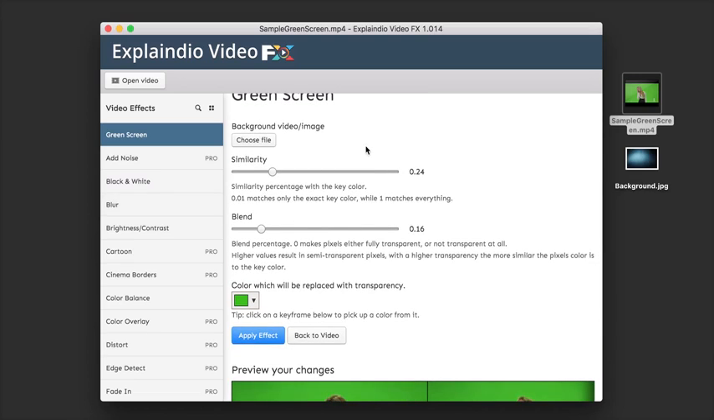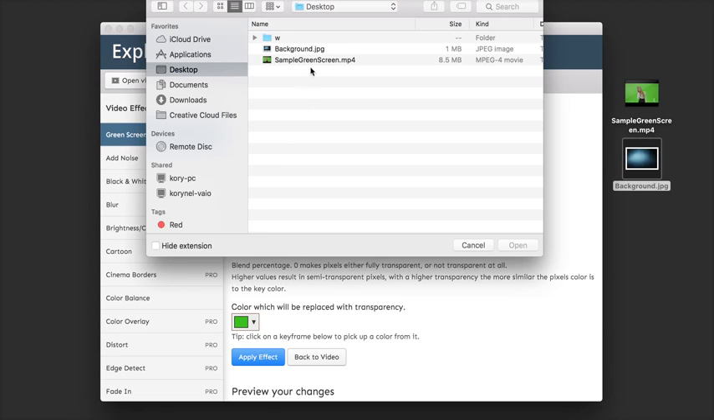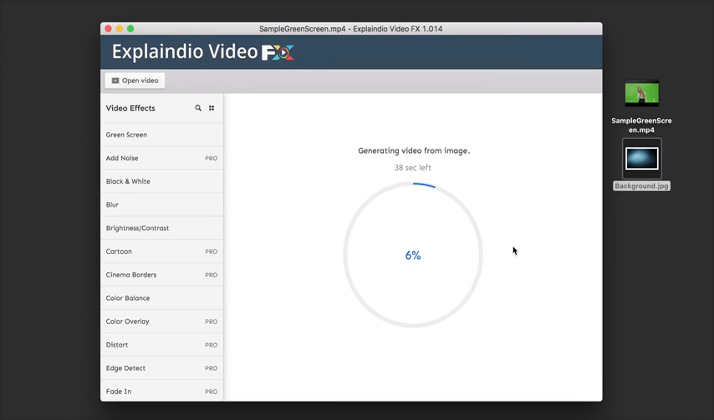So for the green screen, first I need to choose a video or an image that I would like to use as my background. I do have this sample background image that I would like to use, so I'm going to click on choose file, and then I'm simply going to select my background and click on open. Once I do that, VidEO FX is going to take my background image and load it into my video, and then we will be able to see a live preview of what exactly that looks like before we make any